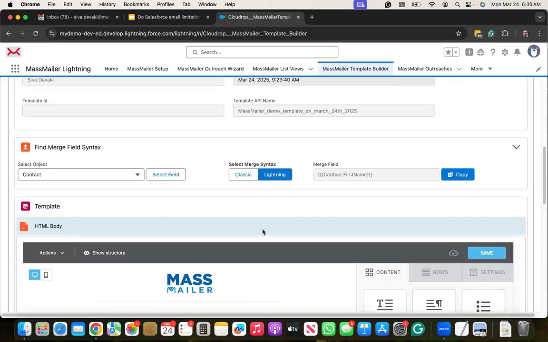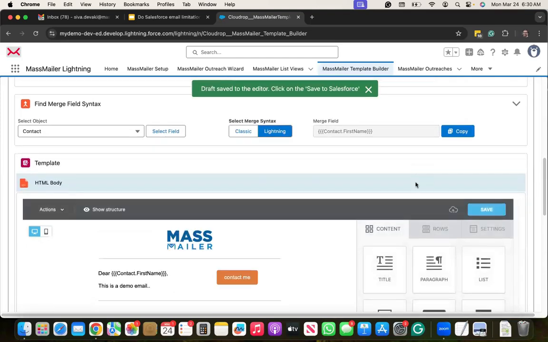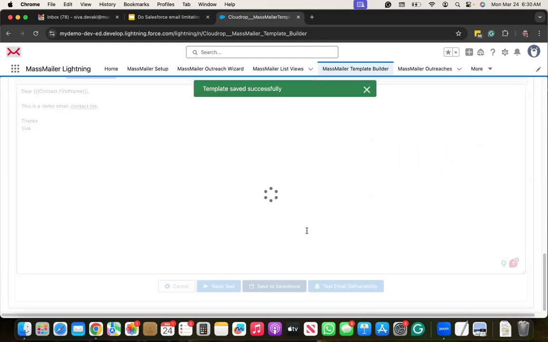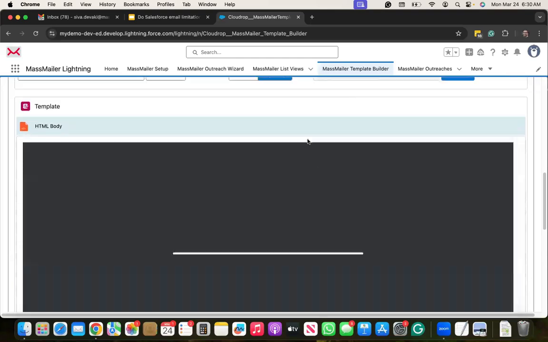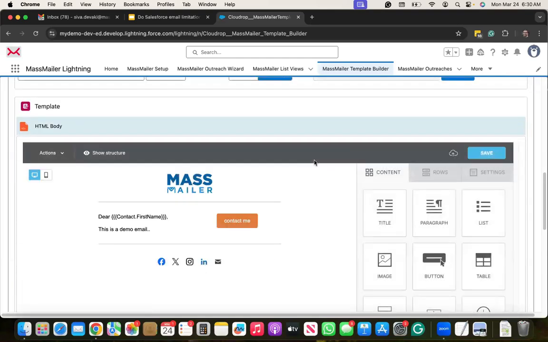You want to make sure that you basically save and save to Salesforce anytime that you're making changes. And that's how easy it is to create a template. So you really don't need to know HTML at all. Okay. And the few tabs that you see here,